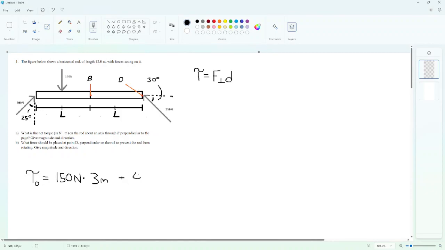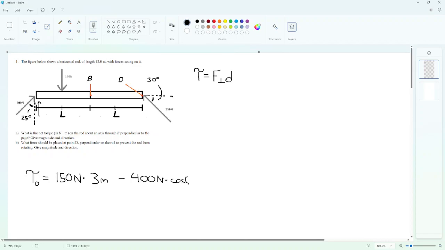400 Newtons, and let's see if this is positive or negative. Well, the perpendicular part is going to go this way, so it's going to cause it to spin this way. And using our right hand rule, we can see that it's going the opposite way of our fingers, so it's going to be negative. It's going to be minus 400 newtons times, well, if this side right here is our perpendicular side,